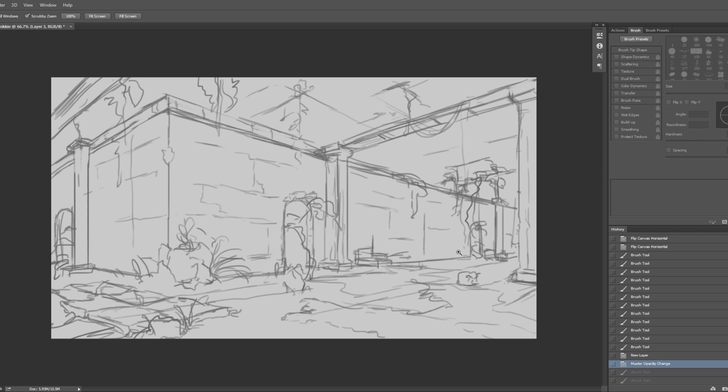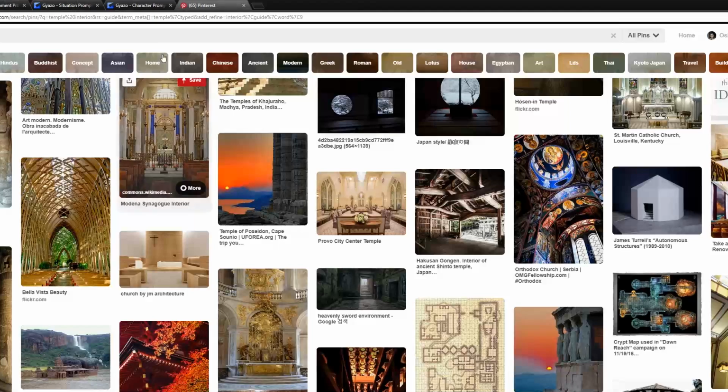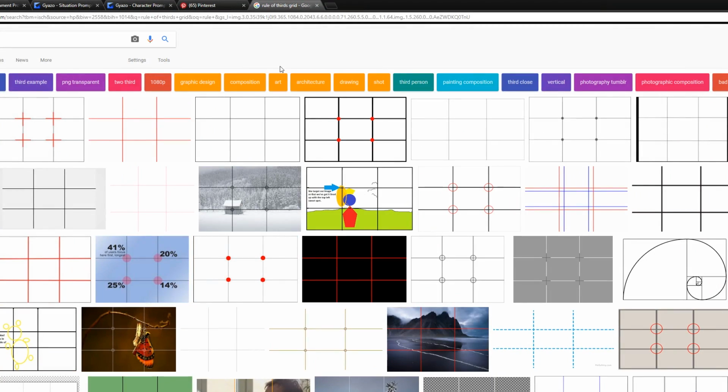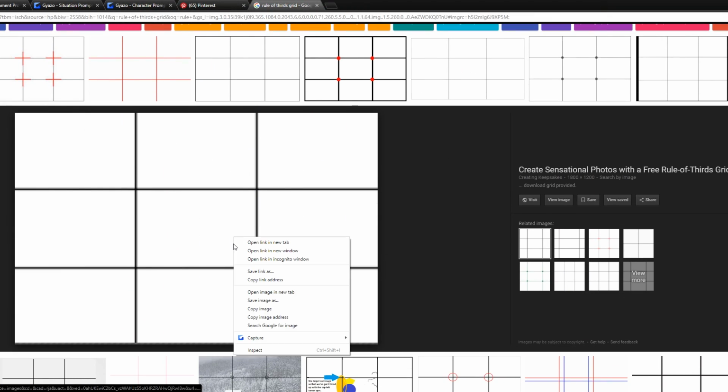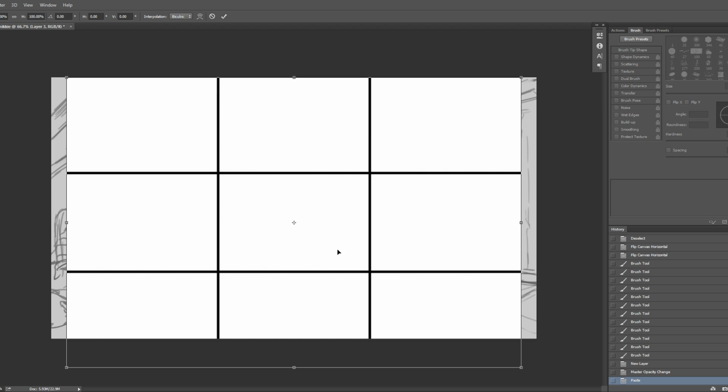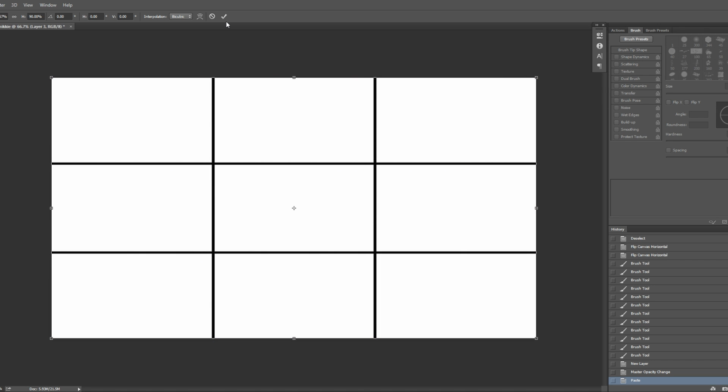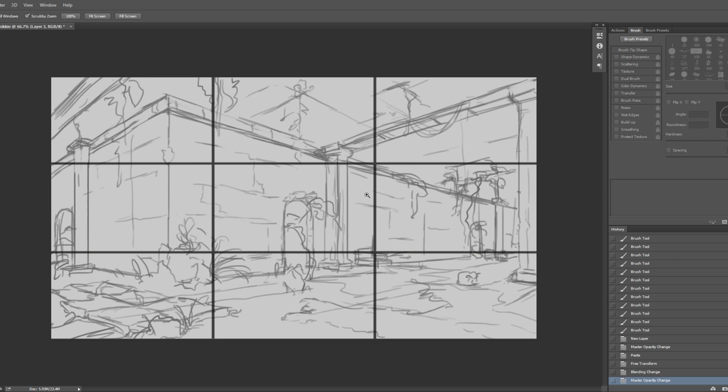The most basic, easy thing to follow is the rule of thirds. What the rule of thirds is, it's basically just splitting your image up into 9 equal parts, and the human eye focuses most on what is happening in the intersections of these parts.